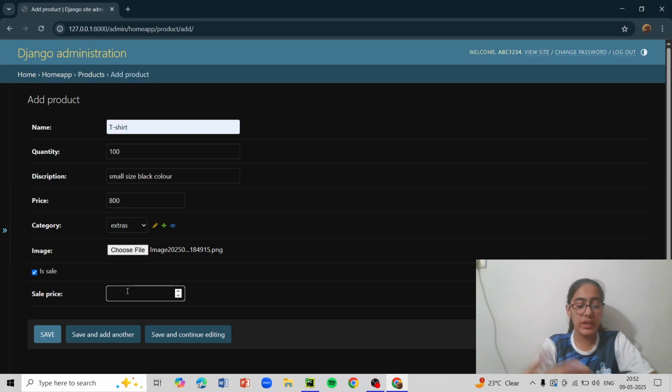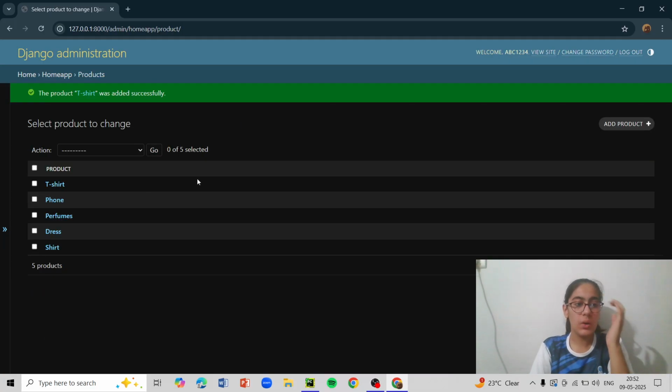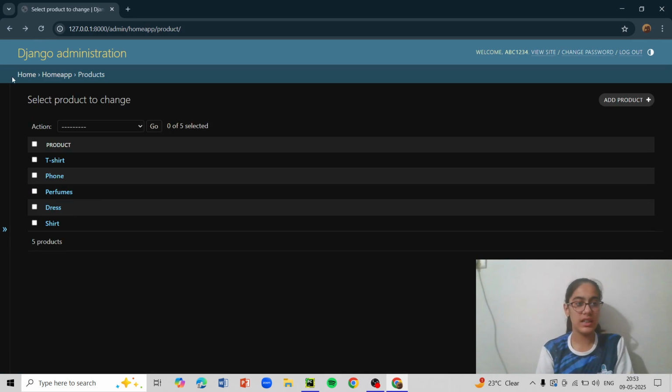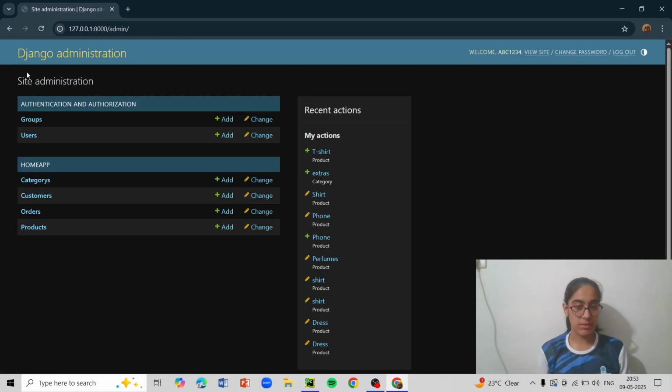Like it is 800 rupees, so I'll add the sale price as 700 and save it. Now here I see there's another shirt, and these are all the files I have used. This t-shirt, small size black color, I just entered 700 as sale price. So this is all that is in Django for the admin.